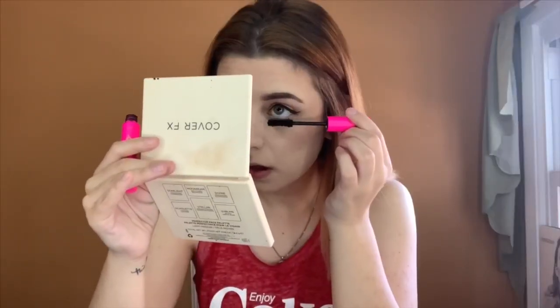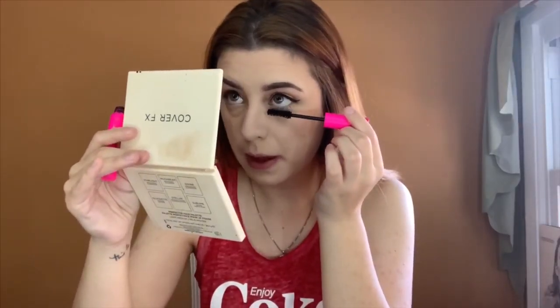For the bottom ones, I always just use whatever is left from the top, because I don't like to dip in again, because it's a little clumpy and I don't really like to mess around like that, especially because you don't want to get anything underneath your eye, because then it's like, how do I get it off, you know? And I kind of just go back and forth